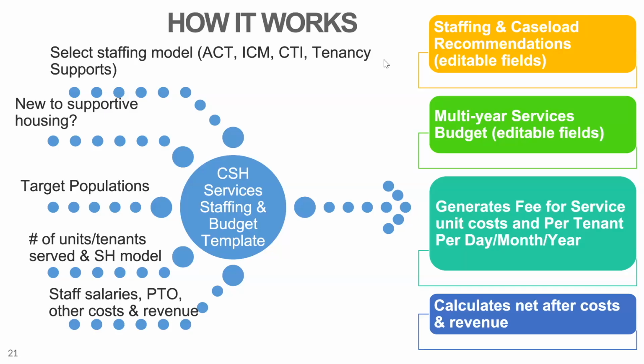So you can understand for your agency, here's what we're looking at now versus here's what we're looking at in 3 years. And then the tool has a number of things that are specific if you are billing Medicaid. We're going to share if you're not billing Medicaid, only because you need to be able to complete the budget as a budget before you even think about billing Medicaid, because there are questions that you need to answer before you can even think about billing